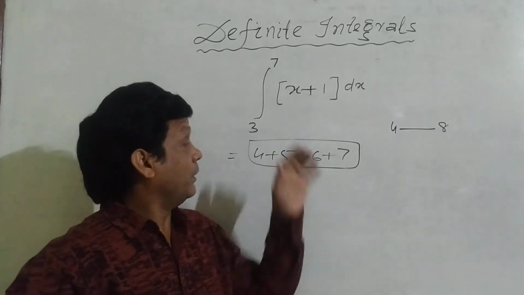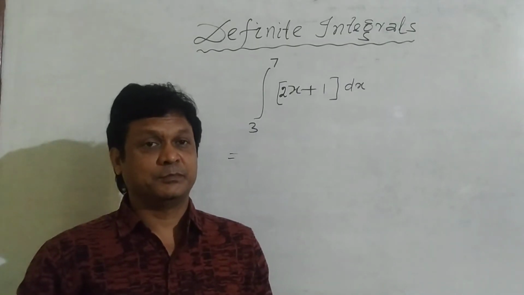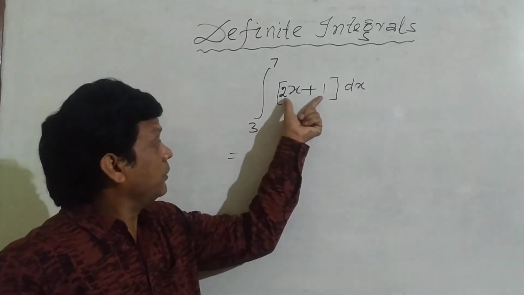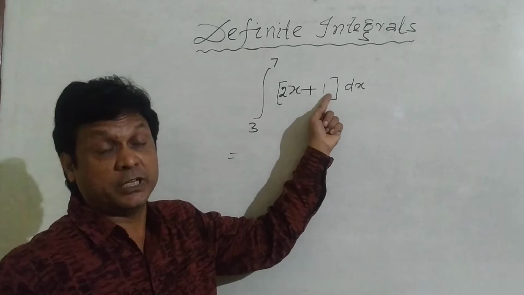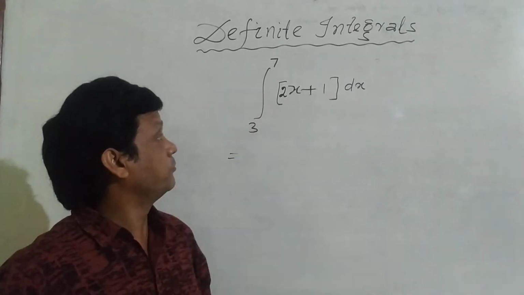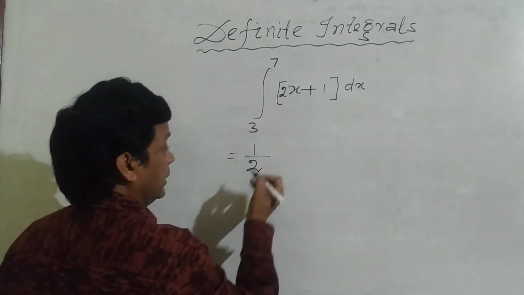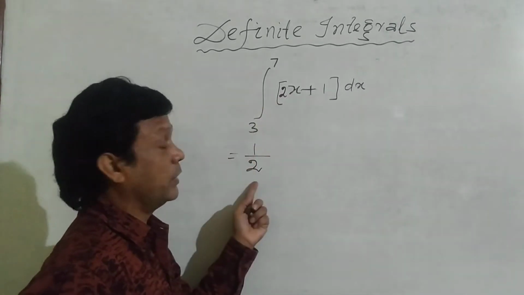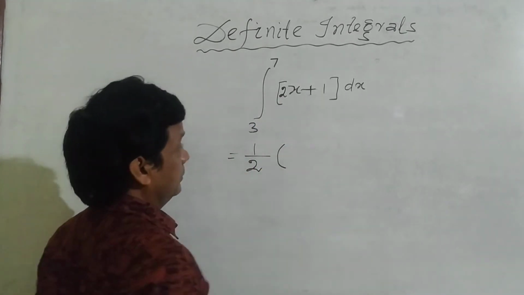Okay. Now I am giving another example. See here. If the value within the bracket is 2x plus 1, then some multiple of x plus 1, or minus 1, or plus 2, minus 2, anything. But this one should be a multiple of x. And the number which is multiplied to x, take its reciprocal. That means 1 by 2. If it is 3x, take 1 by 3. If it is 4x, then write 1 by 4. Then put a bracket here.